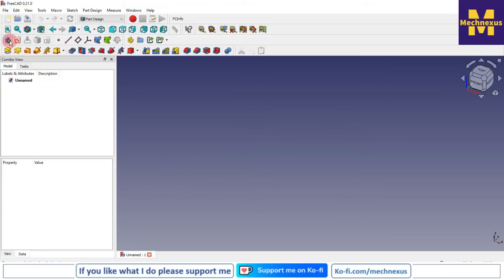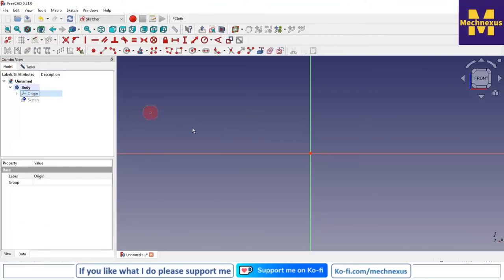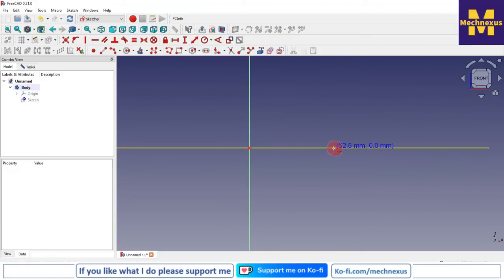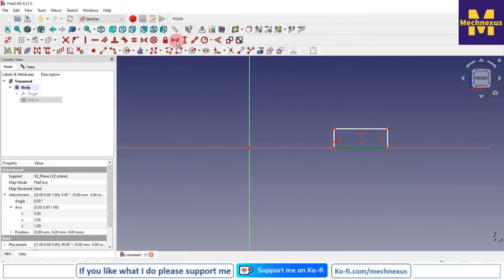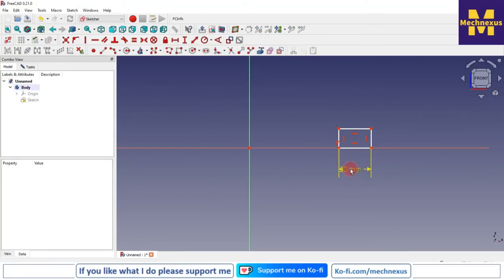So here I will create a body, and on my origin plane, I will select this exact plane and create a sketch. And now I create a rectangle, and then I will give the dimension. Let's see, I give it approximate 20 vertical, sorry, 20 horizontal and 20 vertical. Vertical I keep the 10,